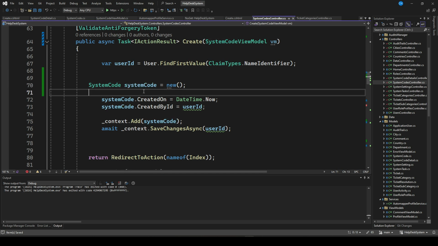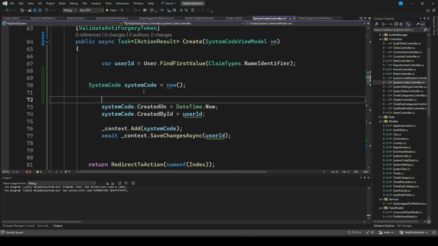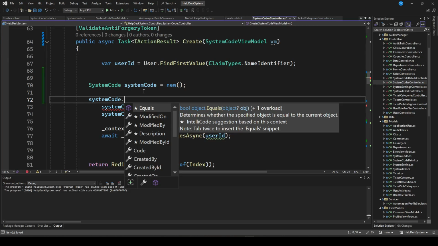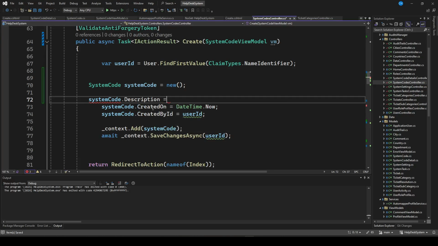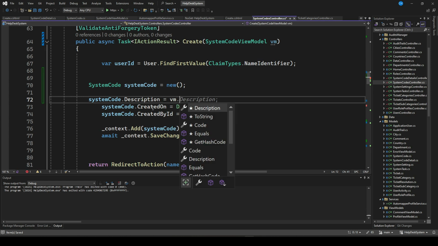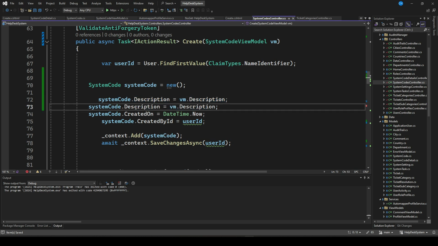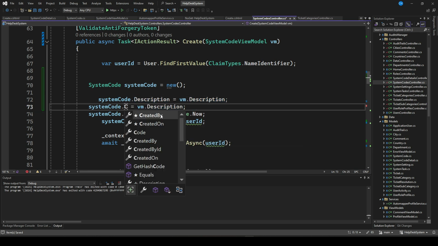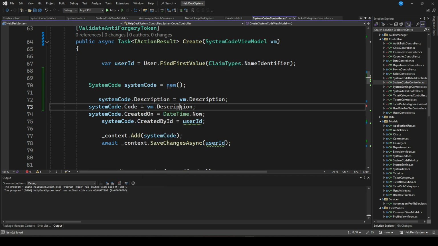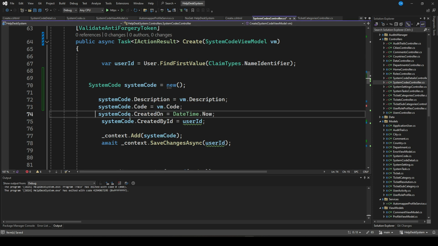So I'll now come here and say, so the old way of doing things, I'll say dot description equals to VM dot description. Then I'll also want to have the code. So I'll also copy that and do this, code, and this is code. So you see, I'm actually doing one-to-one mapping. So I'm doing that and that. But now, if these fields were many, I could be doing a lot of work